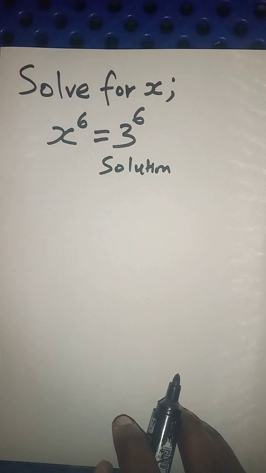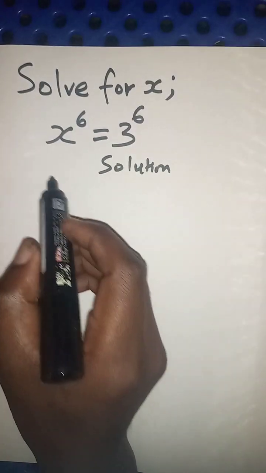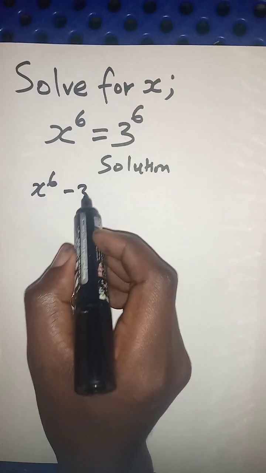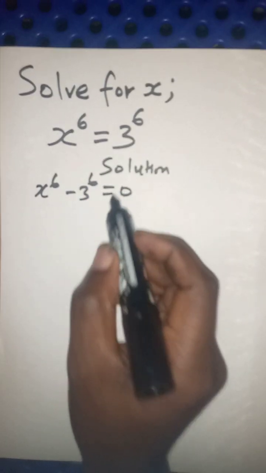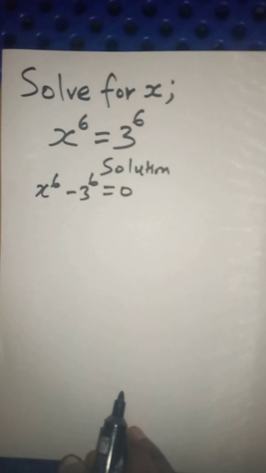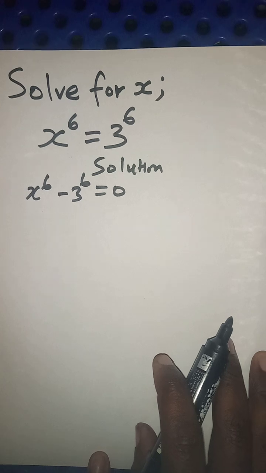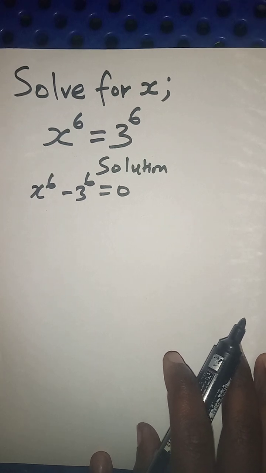My first step that I'm going to do: take this x raised to 6, subtract 3 raised to 6, is equal to 0. That is my first approach that I'm going to take you through. Second step,